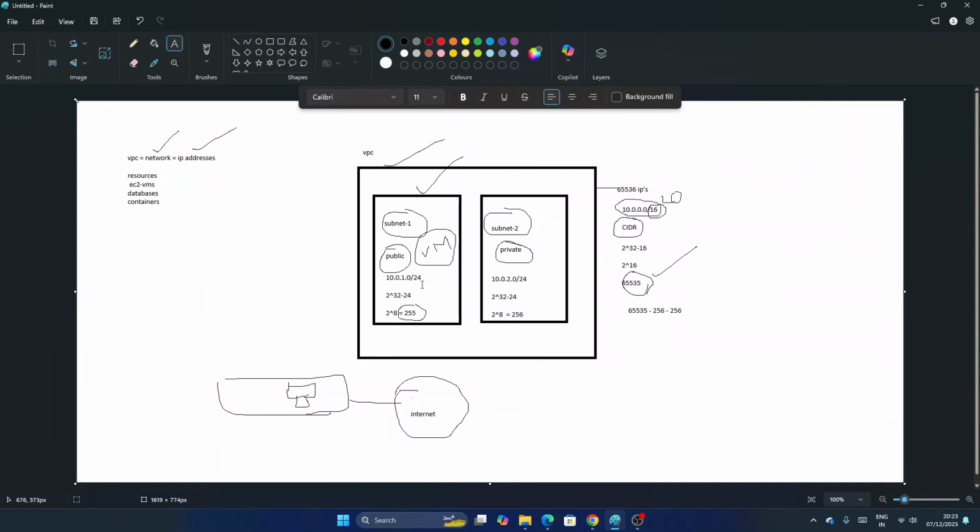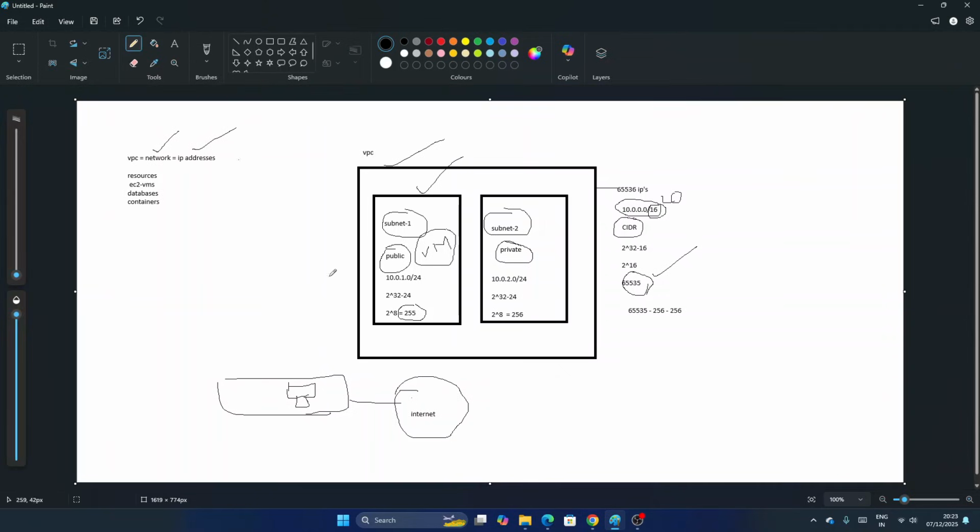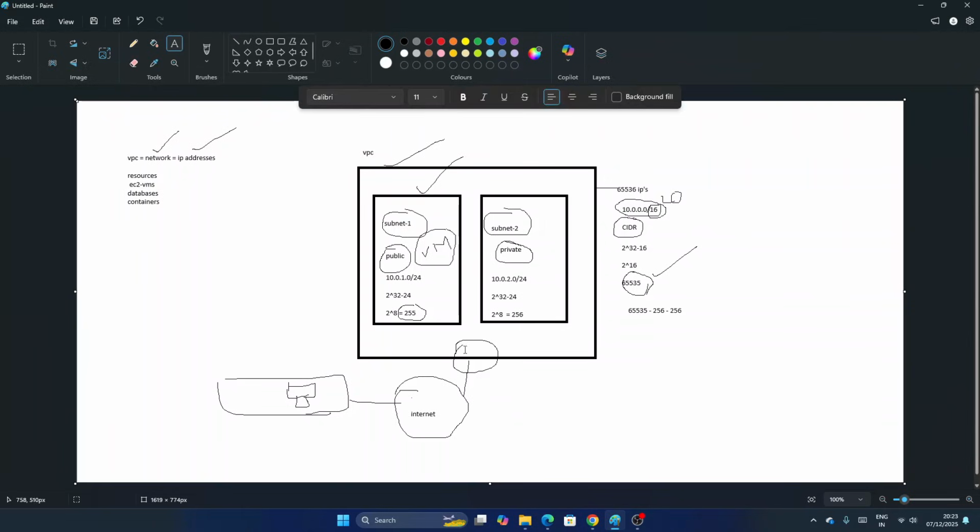Now I want to access this machine. From my PC I connected to the internet, and through the internet I want to access a machine which was created in this subnet. So what do I need to do? This VPC must get connected with the internet, right? For someone to access this, what is required here? I require some entry point. So what is the entry point here? The entry point would be the internet